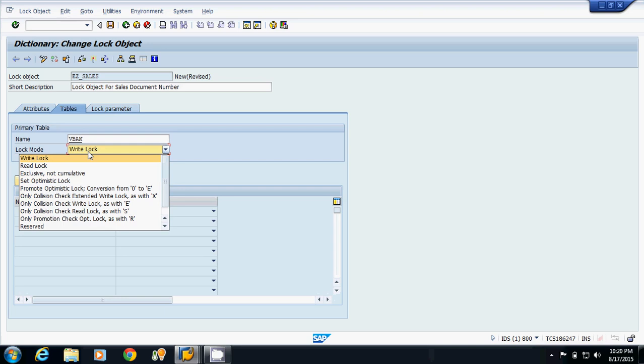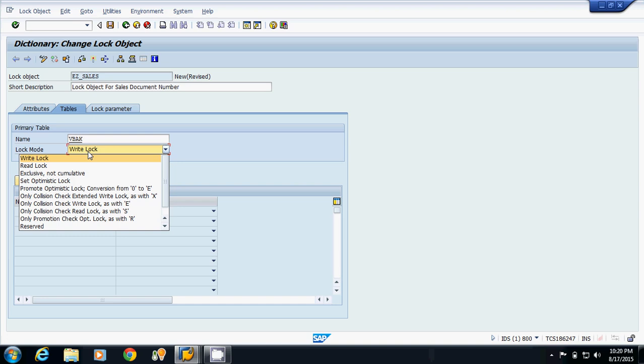Now in lock objects we have various types of mode. We have three major types of lock modes. First one is the read lock, second one is the write lock, and third one is the enhanced write lock.